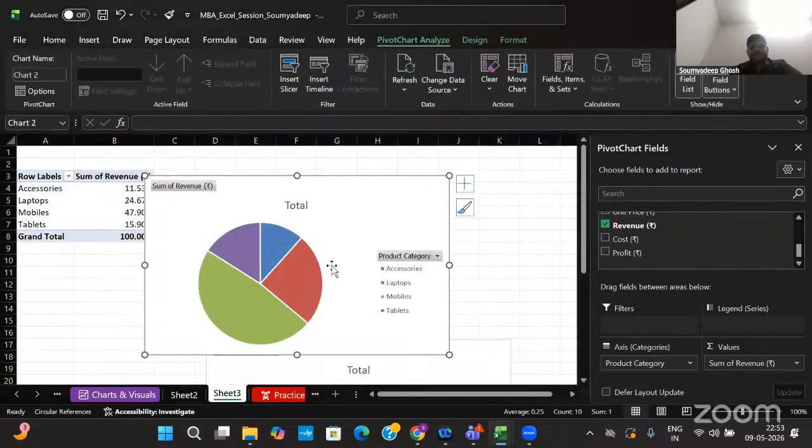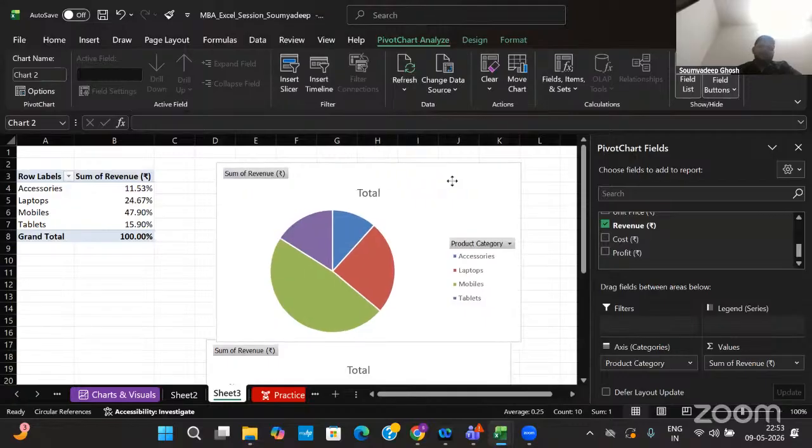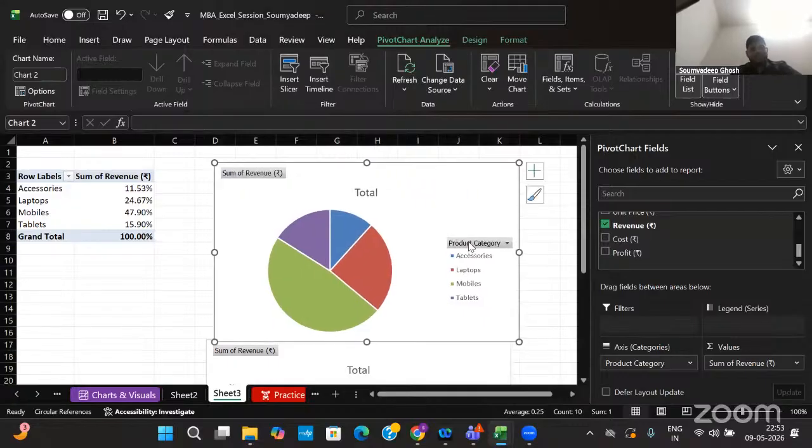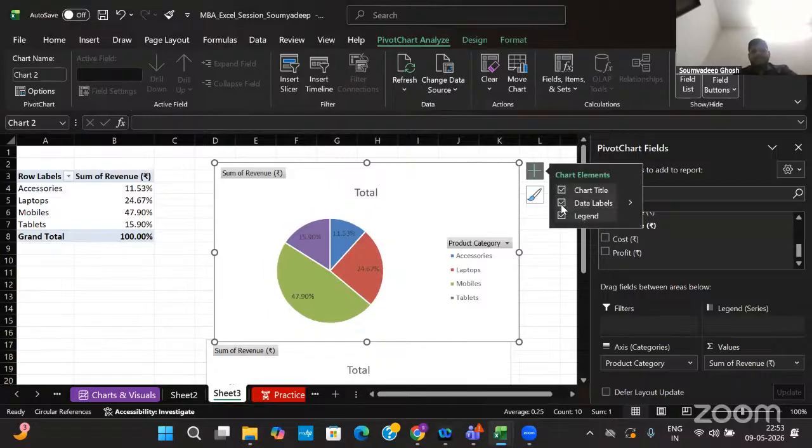For different data, we use different visualization tools. If you see the percentages are not present, if I click on data labels, the percentages will be visible. Are we clear till this point?